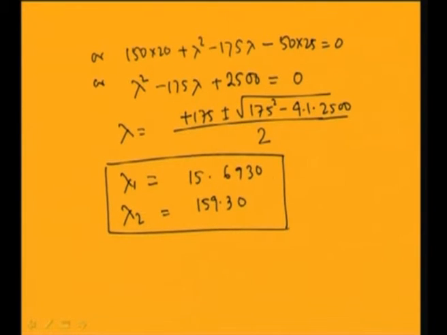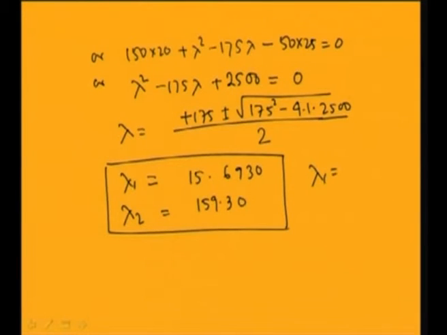So, these are the eigenfrequencies of the system, and these correspond to the square of the natural frequency or normal mode frequency of the system. So, lambda 1 equals omega 1 squared and lambda 2 equals omega 2 squared, and from this you can find omega 1 and omega 2, these two values. Omega 1 becomes 3.9637 and omega 2 becomes 12.6214.